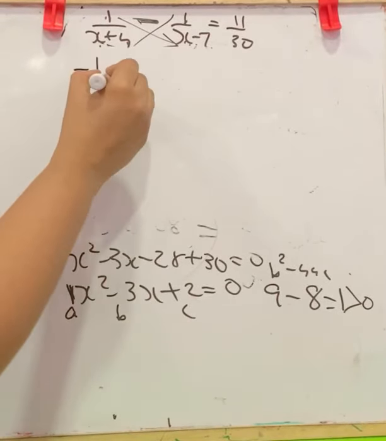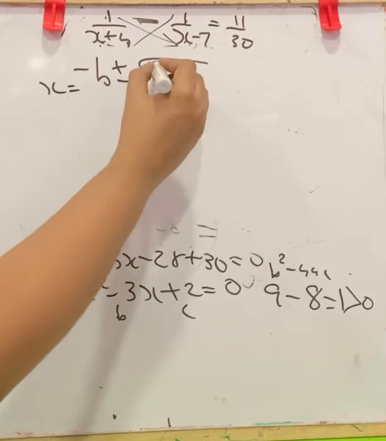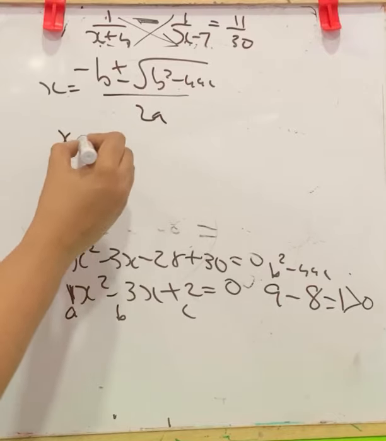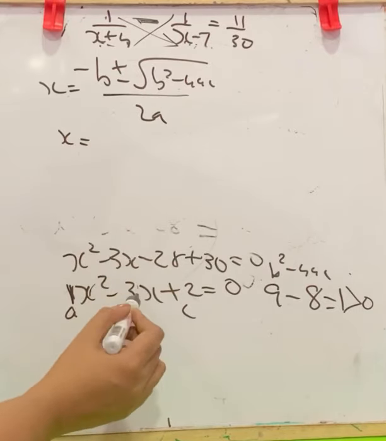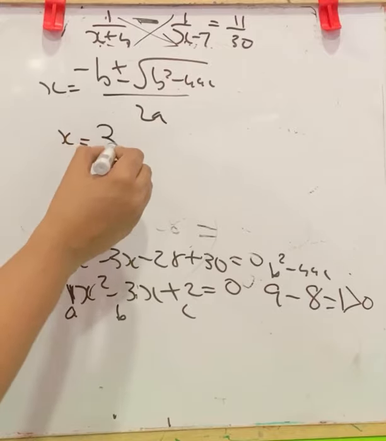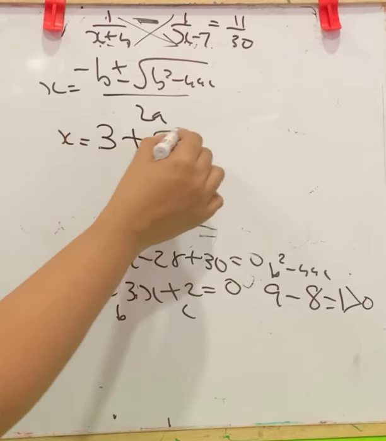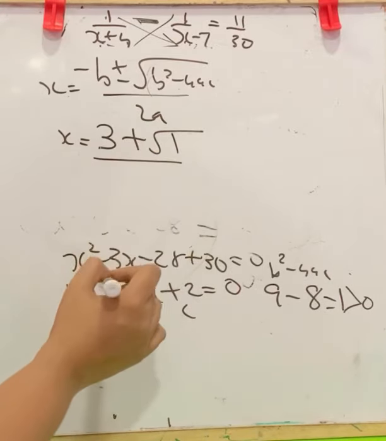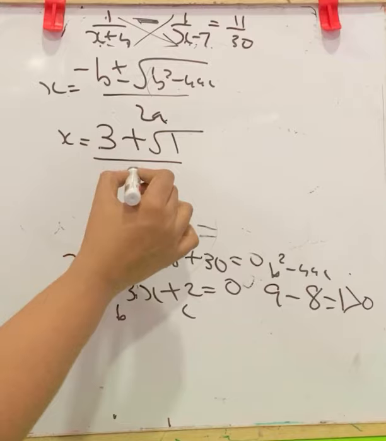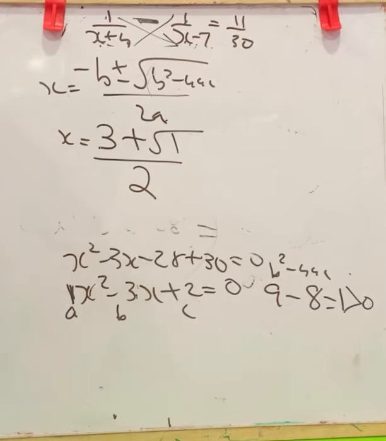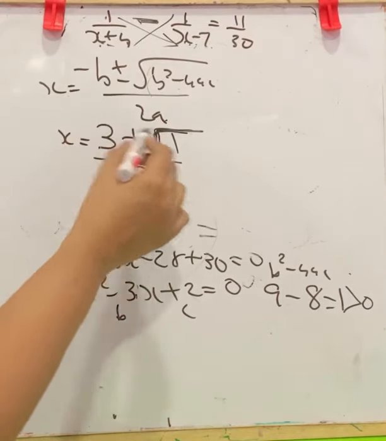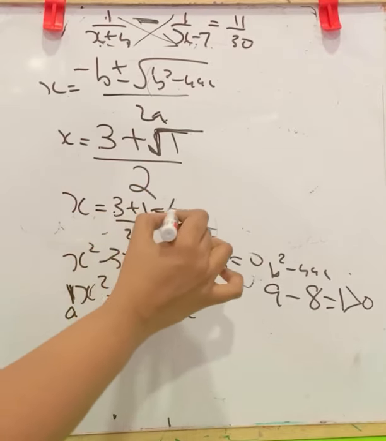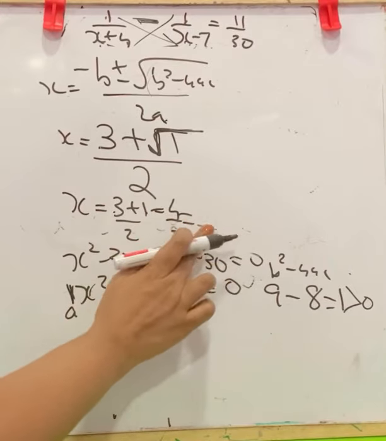So you can apply the formula. The formula is minus b plus or minus root of b square minus 4ac by 2a. So this becomes x is equal to minus b. b is already negative. Minus of minus means it becomes positive. Plus root inside this, b square minus 4ac is 1. Root 1 by 2 into a, here 1. 2 ones are 2. And you know root 1 is 1. So we can write it as x is equal to 3 plus 1 by 2. 3 plus 1 is 4 by 2. 4 by 2 result is 2.